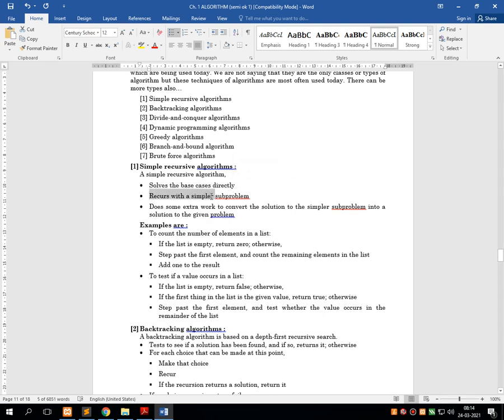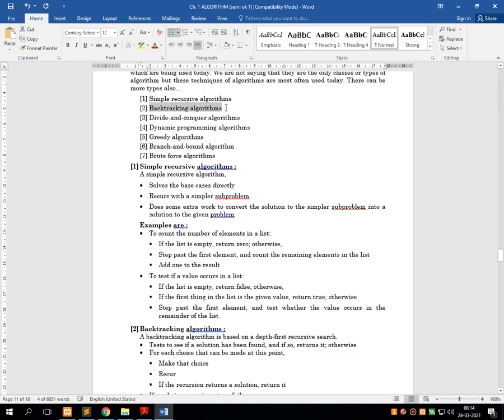It recurs with the simple subproblem, and it can convert the complex program into subproblems, and by dividing each and every problem into equal modules and implementing separately, it solves the big complicated problem. That is called a simple recursive algorithm.